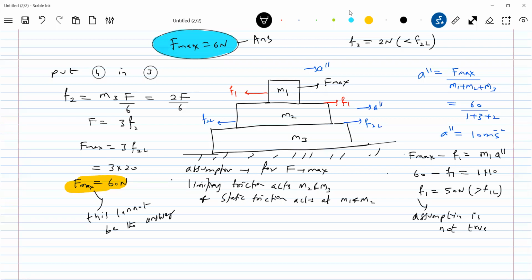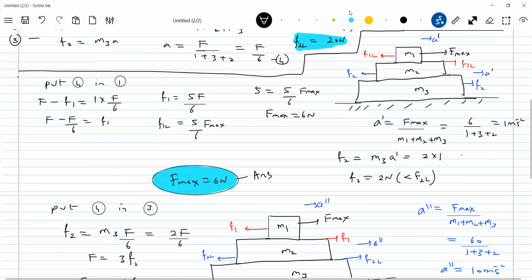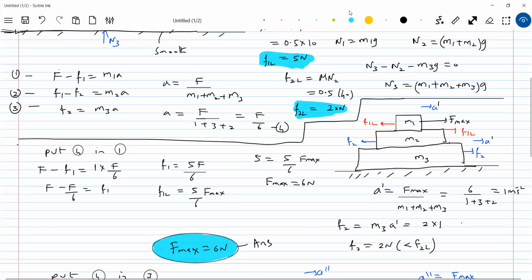Sir, in the first case, F2 should balance F1, right? F2 should balance F1? There you apply force, the system is accelerating, no? How will they balance? Sir, if we apply a force that is less than the maximum value of static friction, then static friction will balance that force. Some simple idea. We applied a force. What is the net force acting on the system? Only F max, no? What is the state of M1, M2, M3? Accelerating, no? So where is the question of rest of any block? All the blocks will be moving.